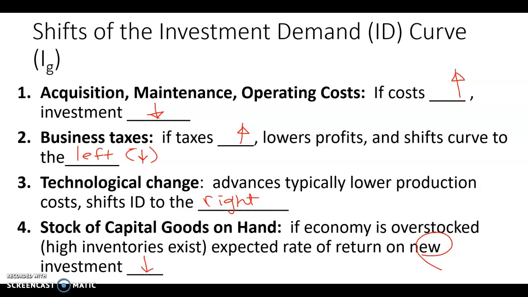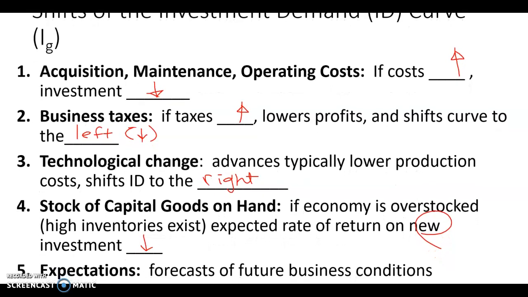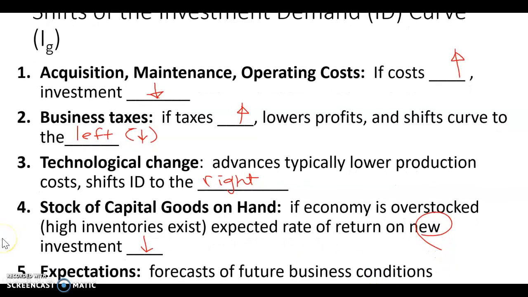But the last one on your notes, if you look at it, is number 5 would be expectations of future business conditions. Right now, I would say that businesses, there it is, are concerned about the future, and I'd be very surprised if a lot of businesses are saying, hey, it's a great market to expand in. My guess is they're not doing that.